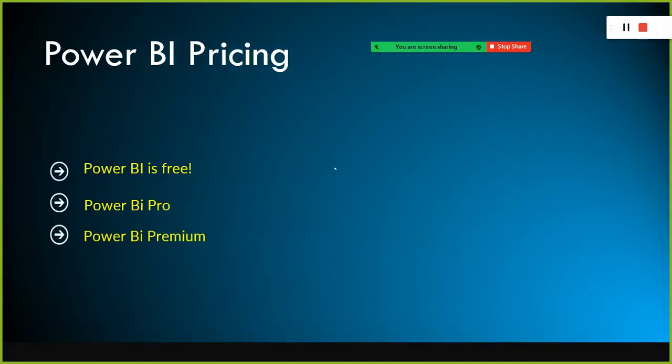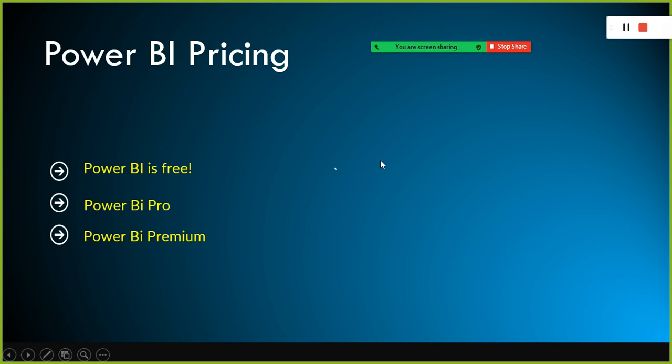Okay, so we discussed the licensing and all. Power BI is a free one, and Power BI Pro is $10 per month per user. You can use it, and the Premium licensing will support both Power BI Pro plus advanced features like artificial intelligence features, machine learning, those kinds of things. You can use them with Power BI Premium. Power BI Premium is used for enterprises. You cannot use Power BI, the free version, to deploy on your production. It is against the law. Okay, it's a copyright issue.